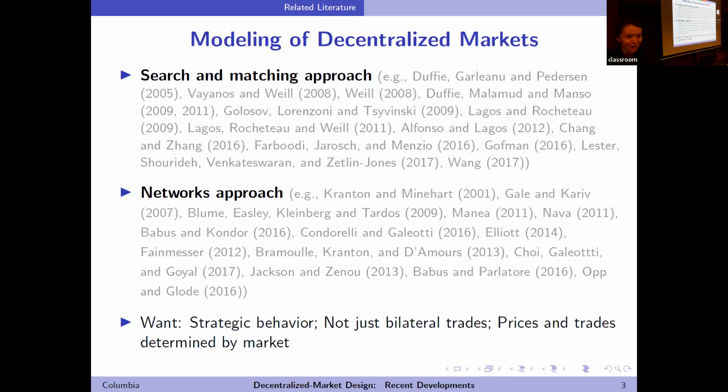Sometimes we can identify the centralized market with a complete graph, right? So each trader trades with every other trader, but more generally, Nash equilibria in incomplete graphs differ from those in which agents can interact as a group, as they would in an exchange, right? So we really have to be doing something differently. All right, so just to summarize, the main characteristics of markets we want to take seriously are that the traders are large and have price impact, and we will want to allow for trades that aren't just bilateral trades.